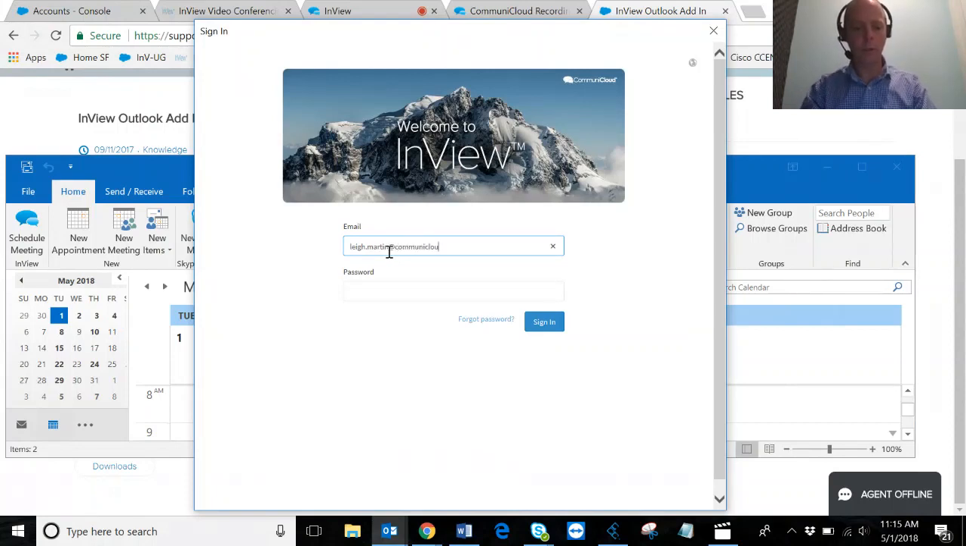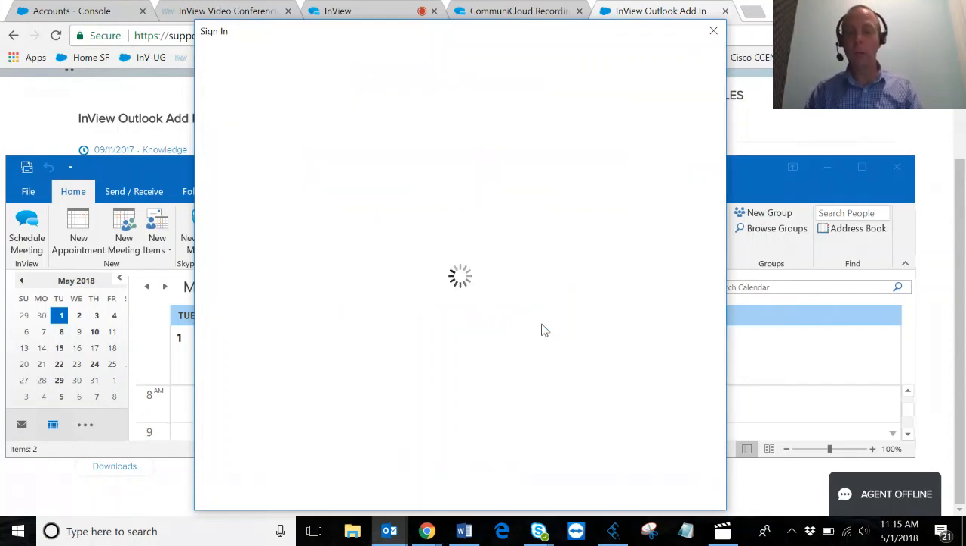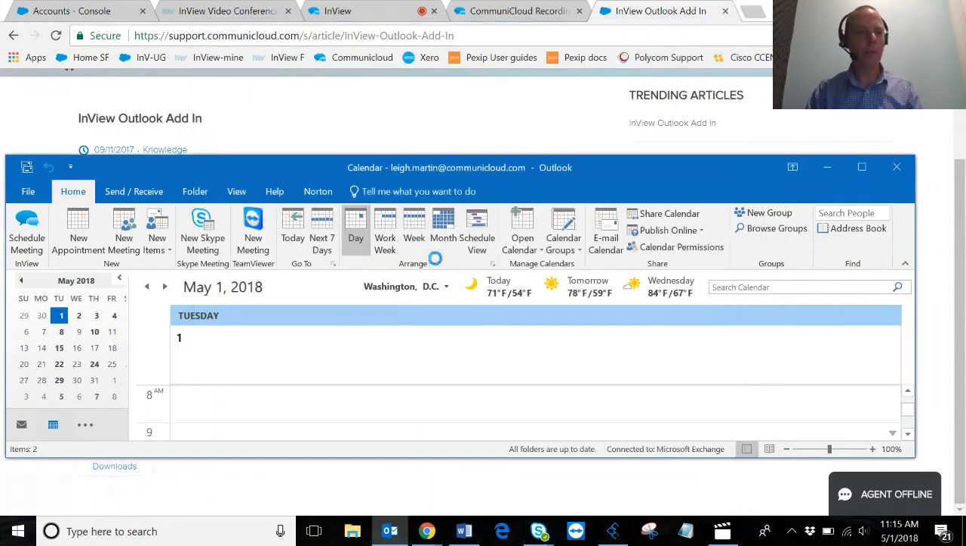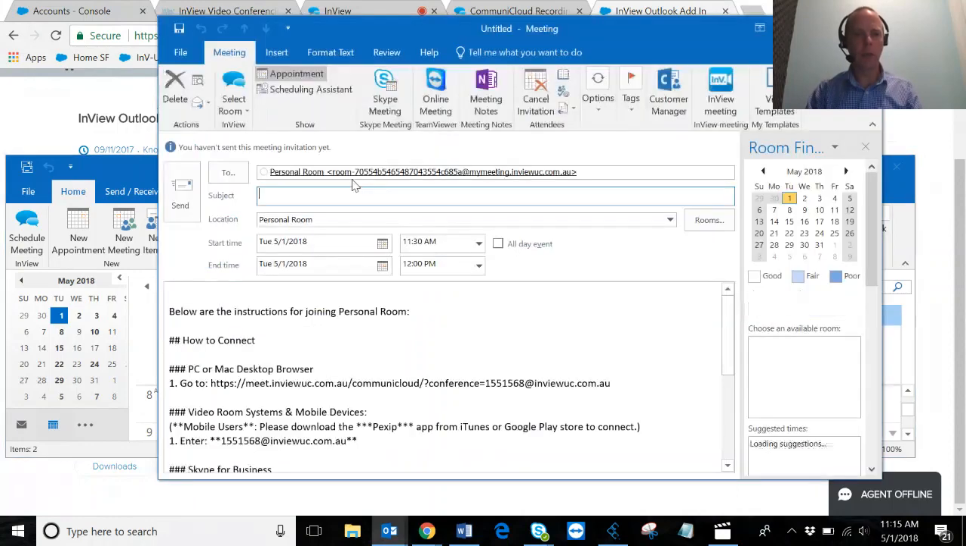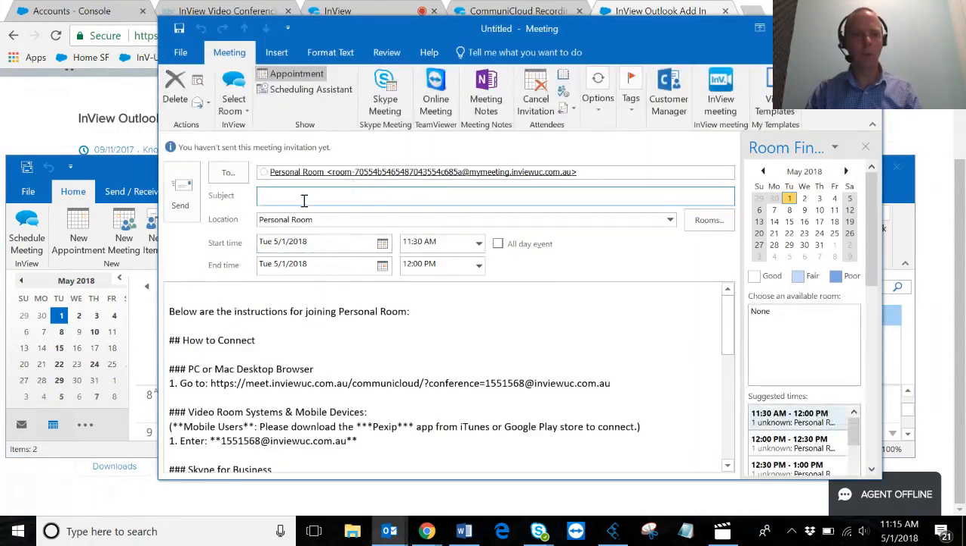Now, one thing you need to do the first time is log in. So you've got your normal CommuniCloud login, your virtual meeting room. You use one instance here in Outlook, and then you're ready to go. You can choose, type in your subject, the meeting room that you've got set up. You may have multiple meeting rooms. You can choose which one that you wish to use, and all these other regular features, of course, start time,